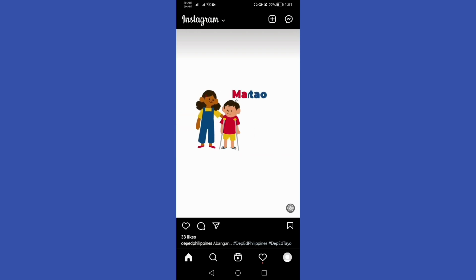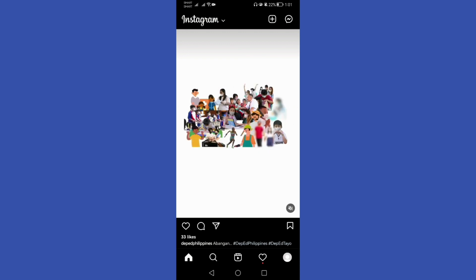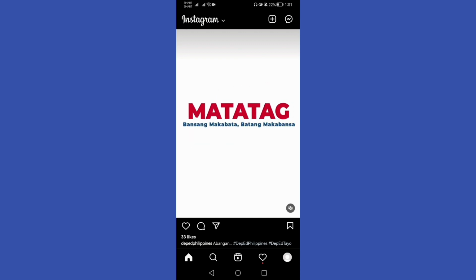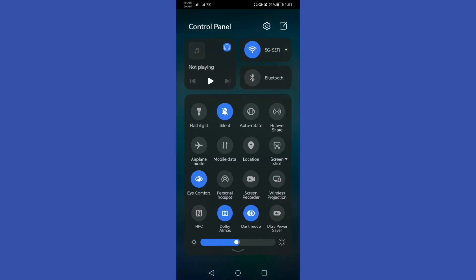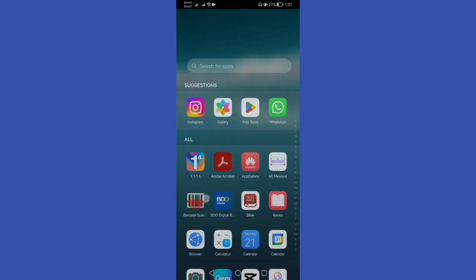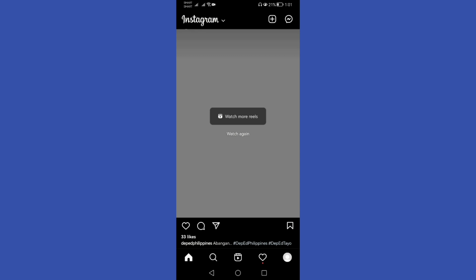If ever there is still no sound on that video, just put the audio level or sound level of your phone to a maximum level for you to hear the audio coming from that video. Okay, let's try that. As you can see here, this volume level, just make it to a maximum level, or else don't put your phone into a silent mode. Just tap this, and if still there is no audio coming from this video,